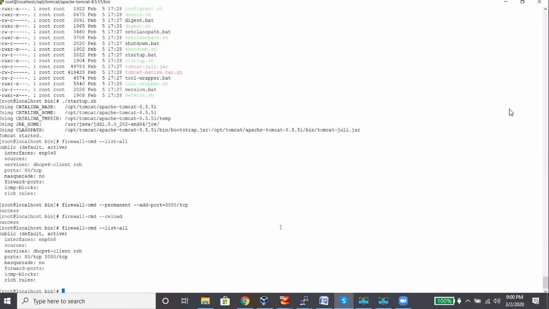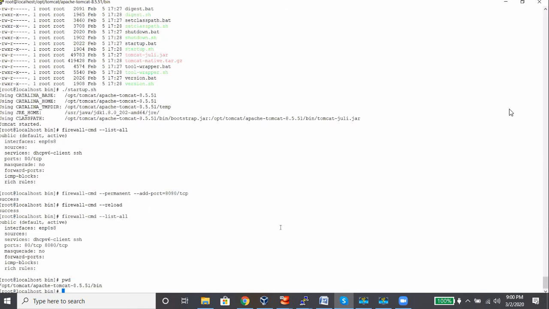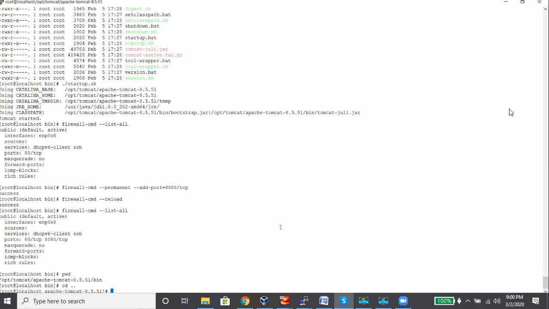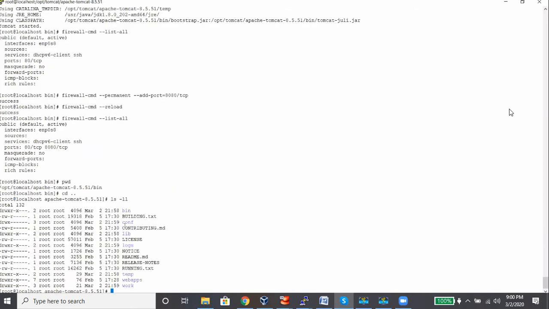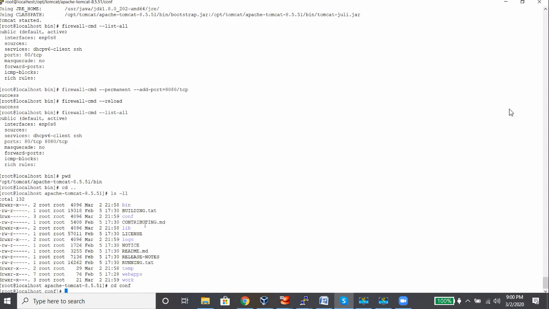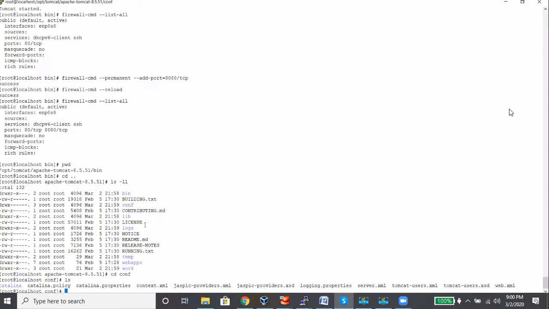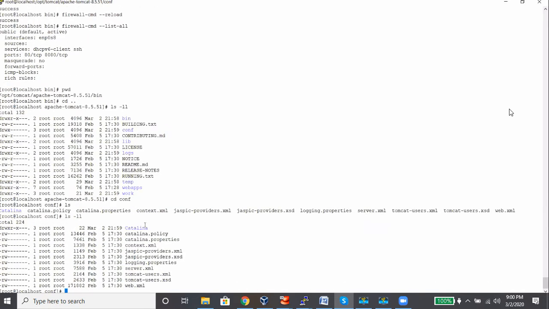Okay, it's not coming. So right now where we are in bin, right? One step back and then look at the files. So get into this conf directory, ls and let's check the files here. Okay, web.xml, server.xml, Catalina, context.xml. So let me open vi server.xml file.